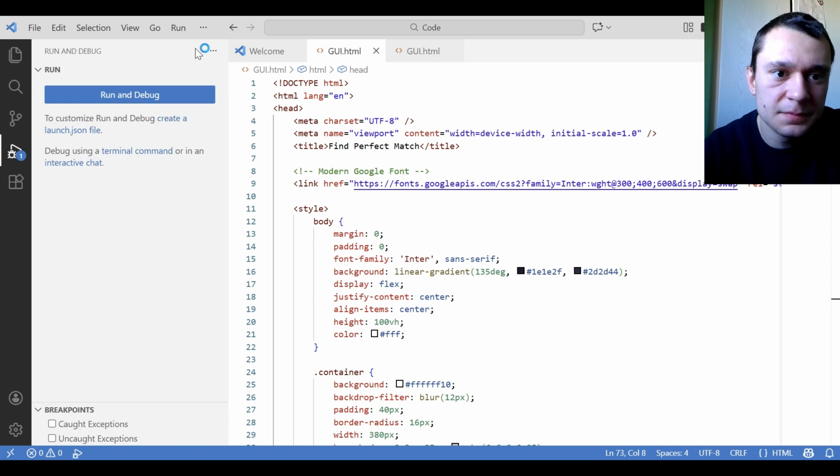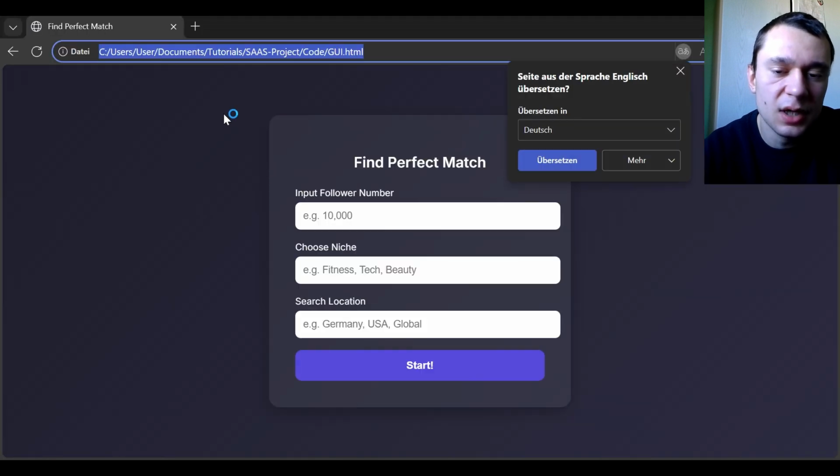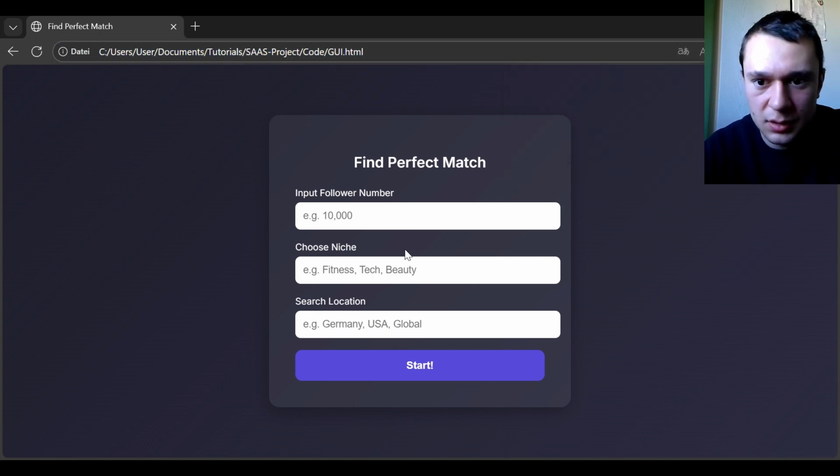start debugging. And then it will ask you what kind of browser you want to use. And I choose Edge. You can also use Chrome. Yes. And then it will open the HTML file in the browser. So this is what your customer will receive. Okay, the length is not perfect. I can make them to be the same length. But yeah, you have